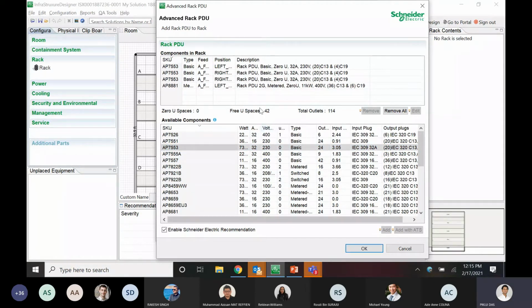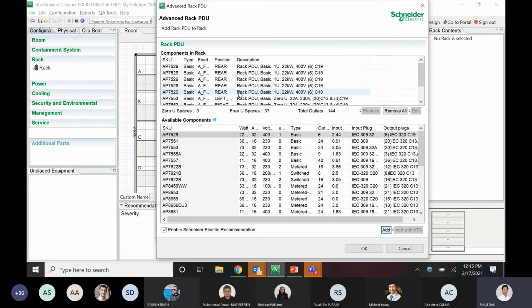That means a total of 4 vertical RPDs can go into any normal SX42U rack, right? But the free U space is still not consumed because I have not added any horizontal PDU. Any RPD which has a U position of more than 0 is basically a horizontal RPD. So I'll now also keep adding.